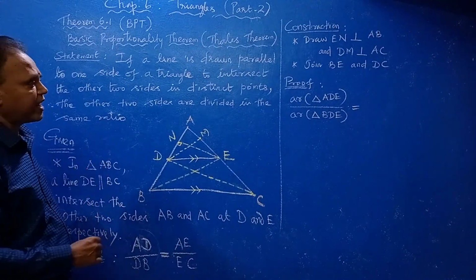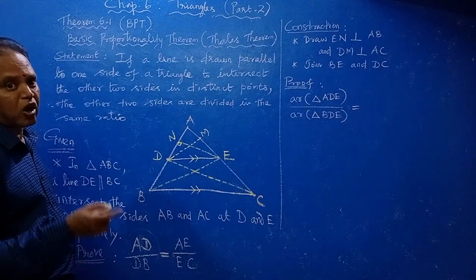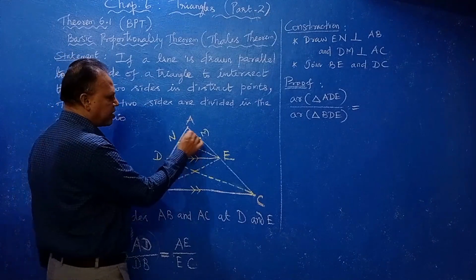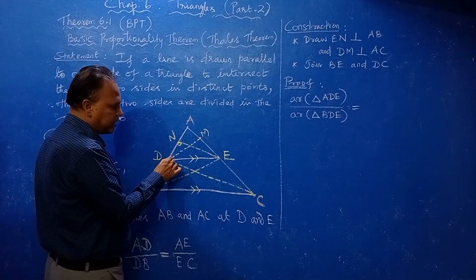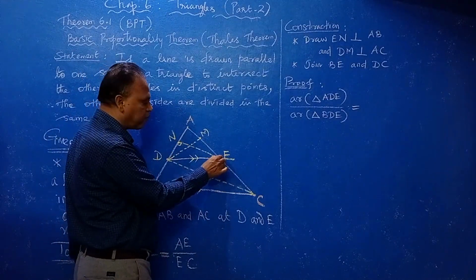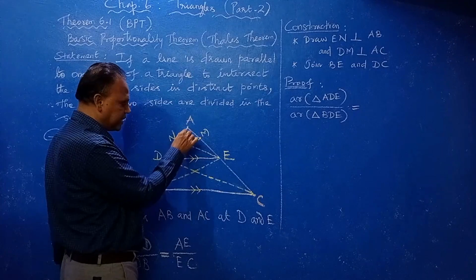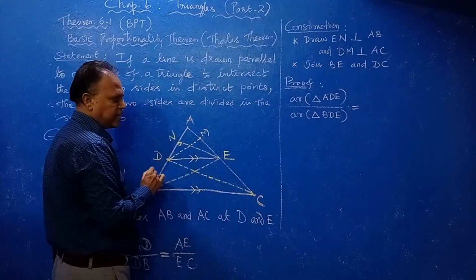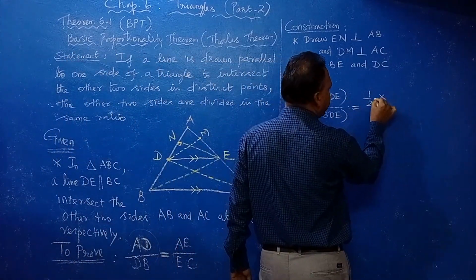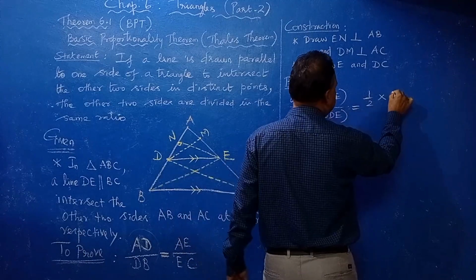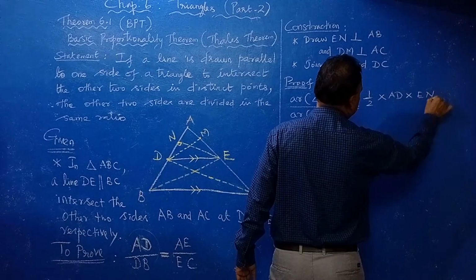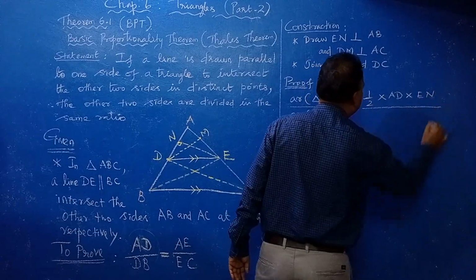So what is area of triangle ADE? Area of triangle means half into base into height. ADE triangle, suppose you take this is base, then what is the height? From the opposite vertex you draw perpendicular to the base. So this is height of the triangle, that is EN is the height. So this can be written as half into base is AD into the height is EN. Understand? Divided by